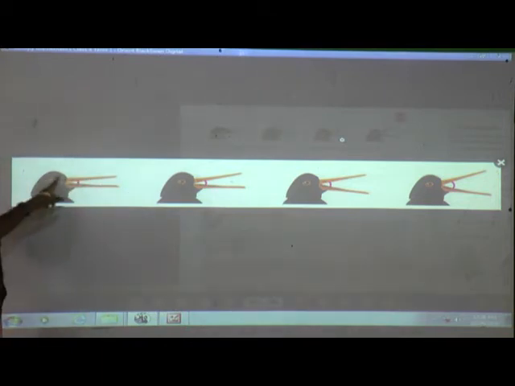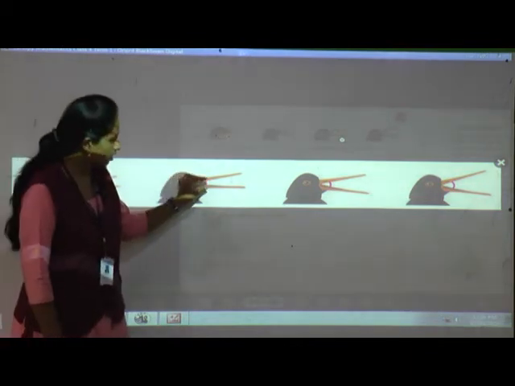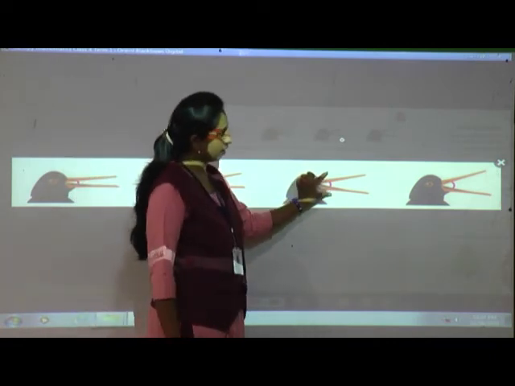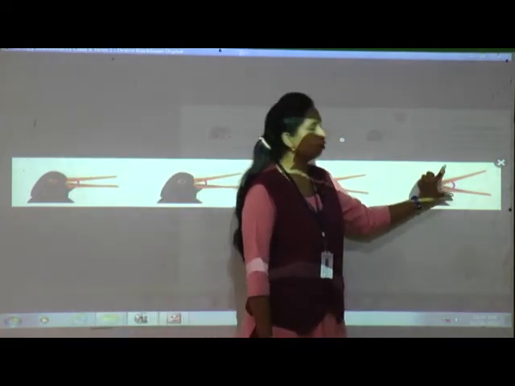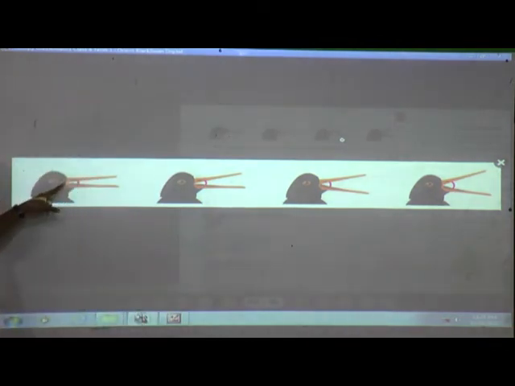Are you getting? See, these are two arms. This is the middle. See, it's open wider. Here again wider, and here too much wider. So how do we have to measure? By the opening of the angles, not by seeing the arms. Are you getting? Yes.